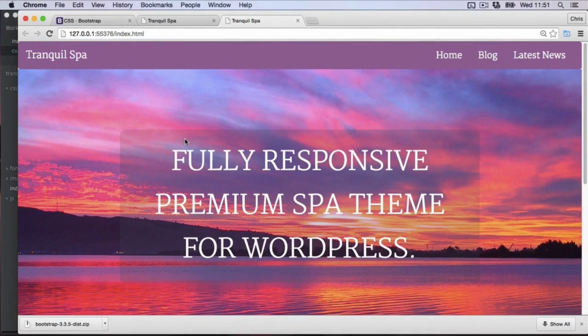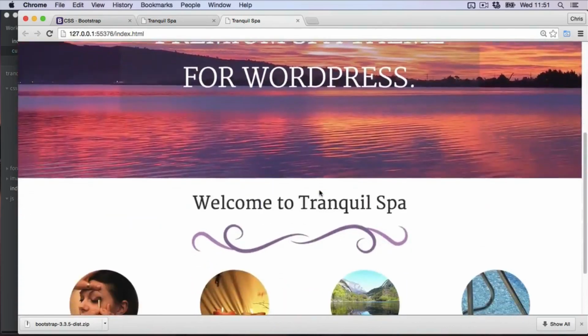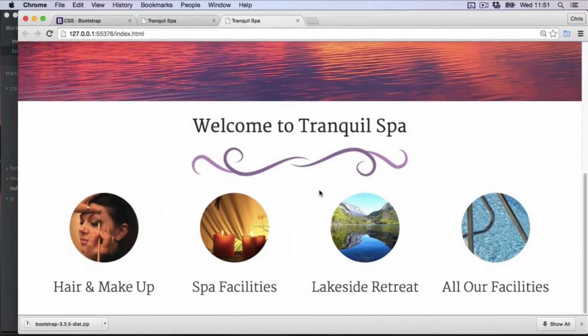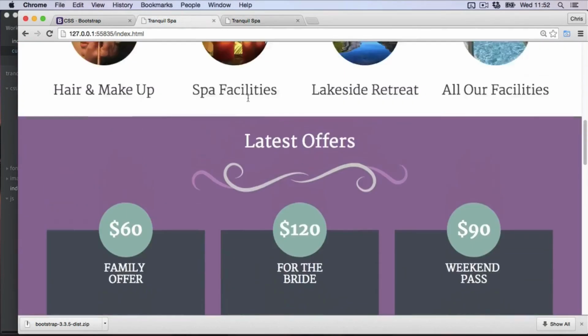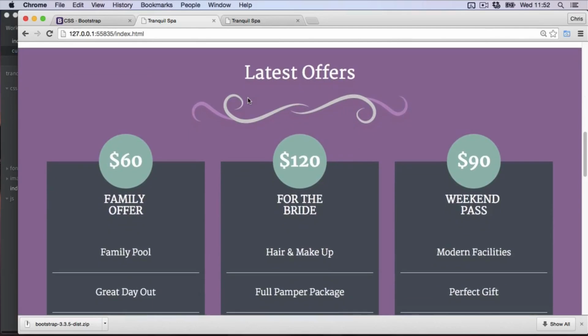Okay, so our website's taken shape now. We've completed the header section and also the featured image and text. We'll then move down to creating the welcome section, which has got links to other sections of the website. So if we take a look at the finished website, the next part we're going to be creating is the